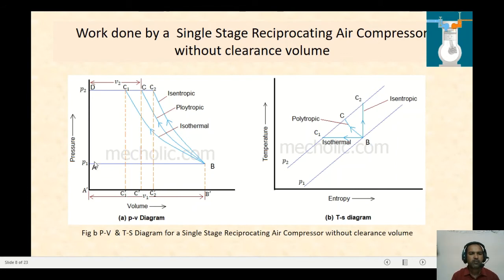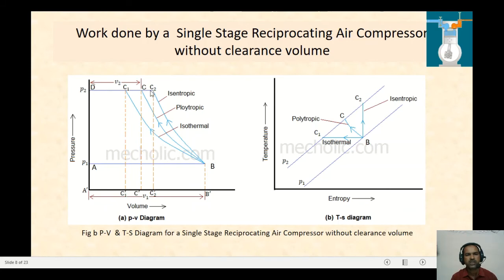Now if you see here, the point A is the start. The working principle will start from A. A means the piston is at top dead center. That is the suction stroke. When the point A moves at a constant pressure, you can see the volume is going to increase. So in this portion the suction will be created and atmospheric air will be stored into the cylinder at a constant pressure. And from B to C1, or B to C, and B to C2, all these are the three processes: isothermal, polytropic and isentropic.